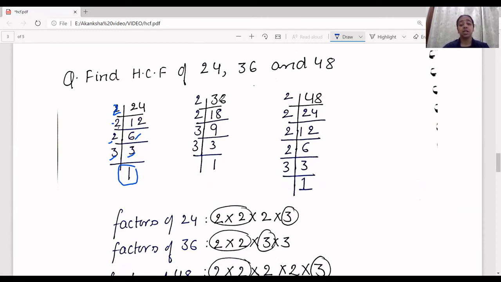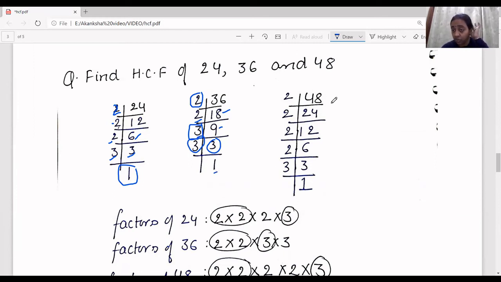Moving ahead to 36. Now what we'll be doing for 36? Similarly, start from the first prime factor, which is 2. Yes, 36 is divisible by 2. Therefore, we get it as 18. Now, 18, is it divisible by 2? Right, it is divisible by 2. We get 9. Now, is 9 divisible by 2? No, it is divisible by 3. Next smallest prime number is 3. So 3 3s are 9. We get 3 here. Now, 3 is divisible by 3 itself. So 3, and therefore 1 we get at the end.